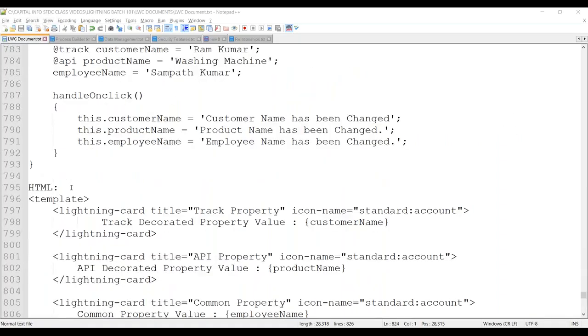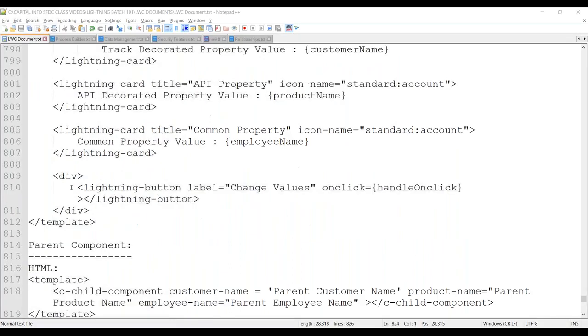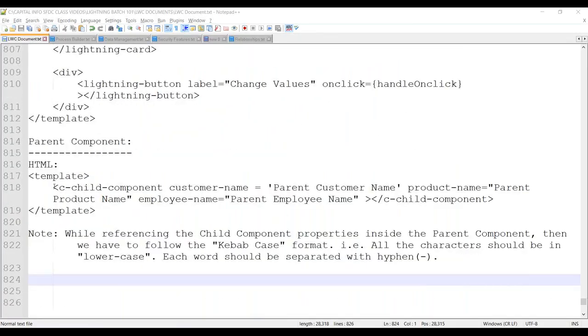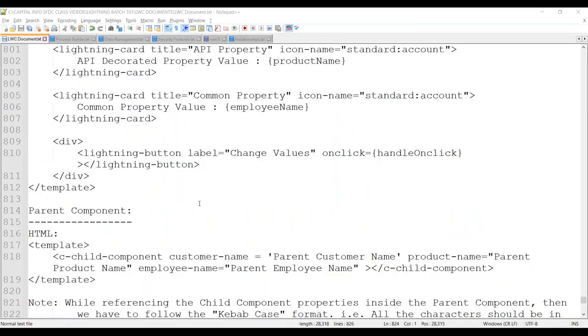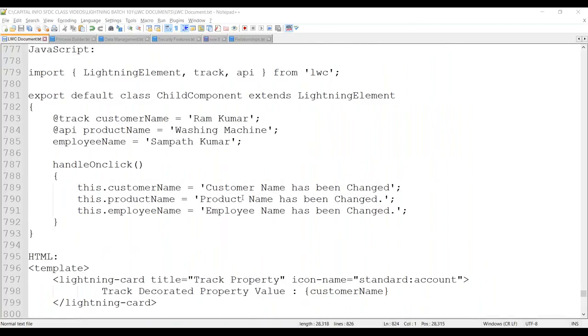Now, we also discussed how we can invoke these components from the parent component, that means how we can invoke the child component from the parent component, so that we can pass a value for the properties which we have inside our